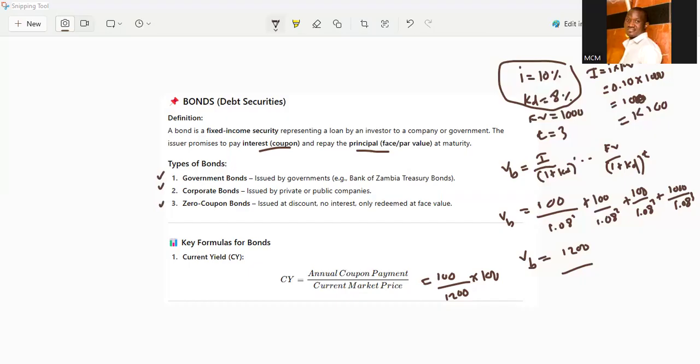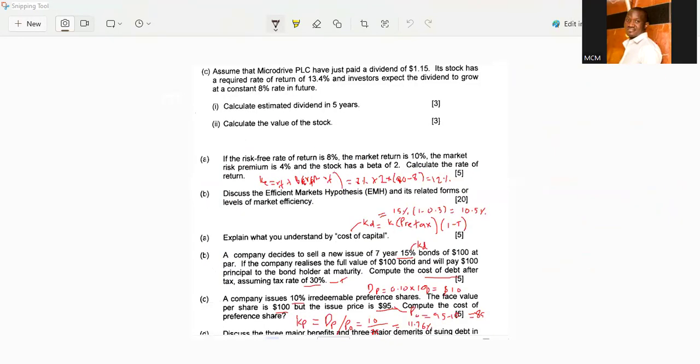So, talk about stock valuation, as I also talked about the value of a bond. So let's look at these questions here. They encompass almost everything I've talked about now. Okay. In this question, we are told number one,